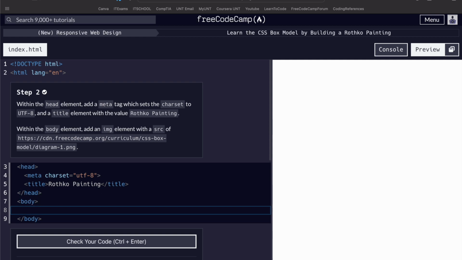Within the body element, add an image element with the source of the link. Okay, so